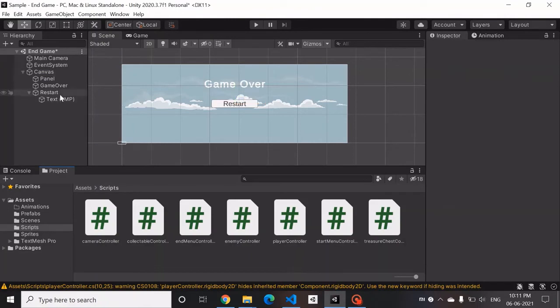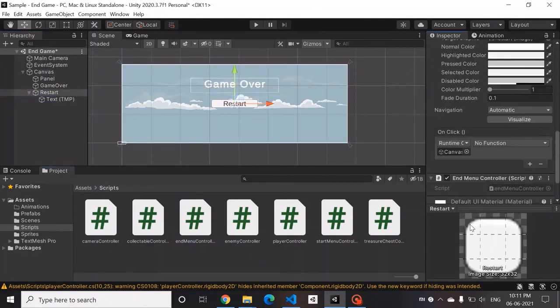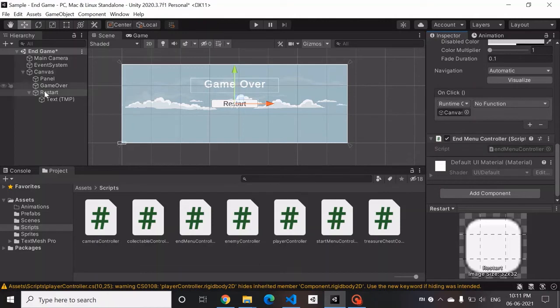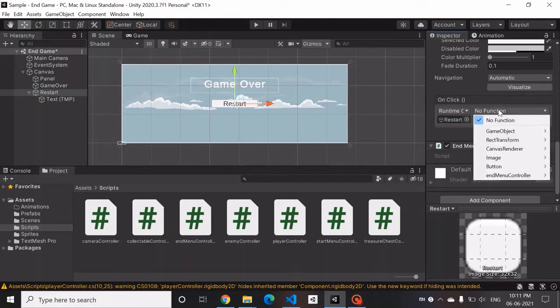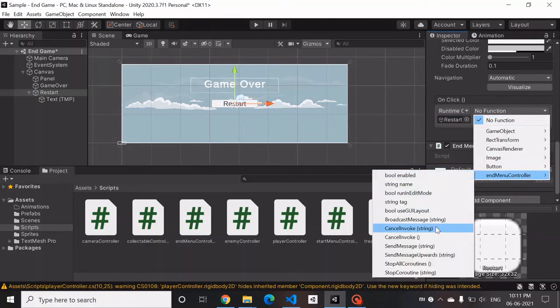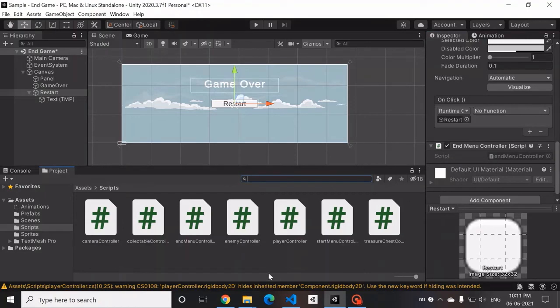Got added to the restart script only, and here we'll add the restart. It has an end menu controller in which we'll define the functions.